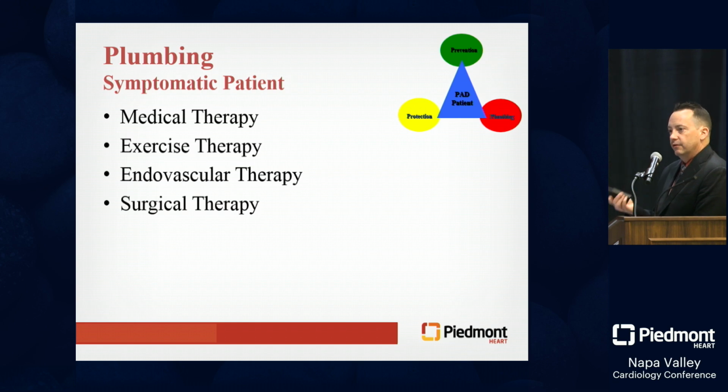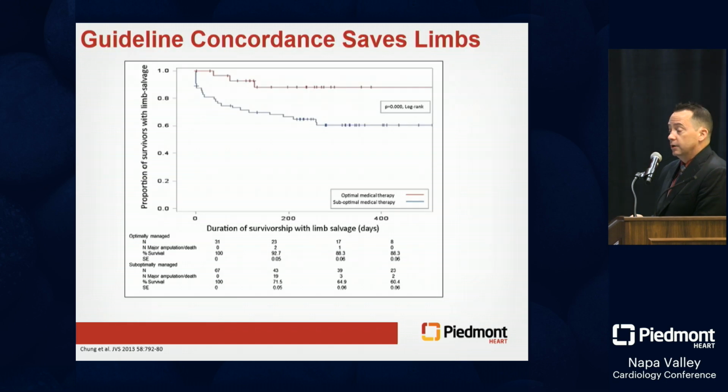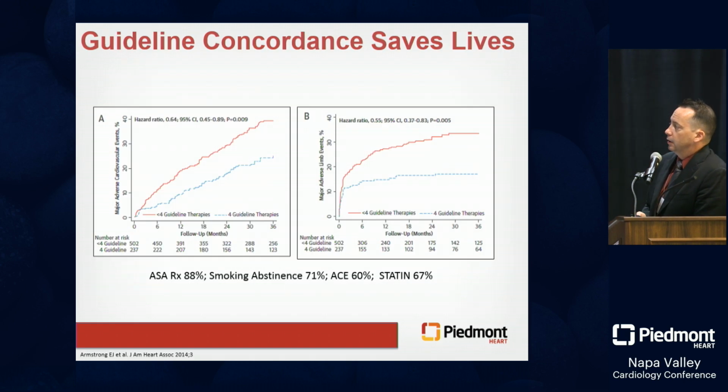I always tell patients, if I fix your leg and you drop dead of a heart attack because I didn't have you on the right medicines, did I do you any favors? The answer is no. And so is there some data to say that what I'm saying actually has some outcomes? Well, if you look at guideline concordance, it actually does prevent amputation, and this is an article from JVS. And more importantly, my friend Aaron Armstrong at the VA in Colorado, where I did my training, basically showed that guideline concordance saves lives. If you have your patients on aspirin,